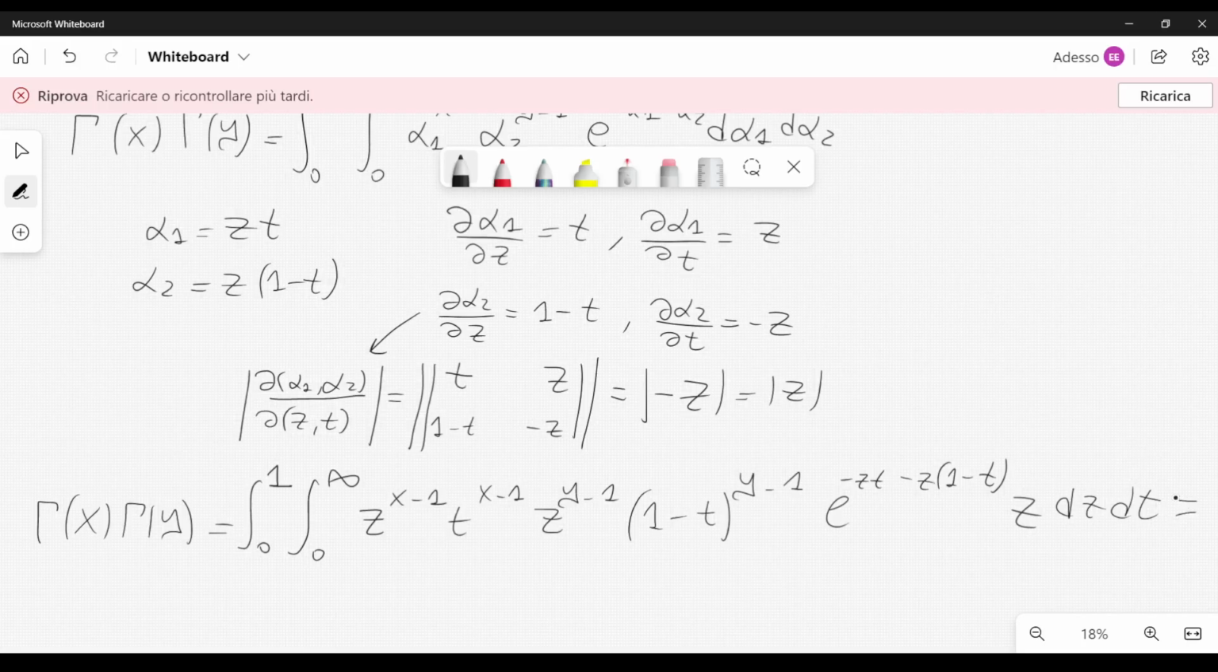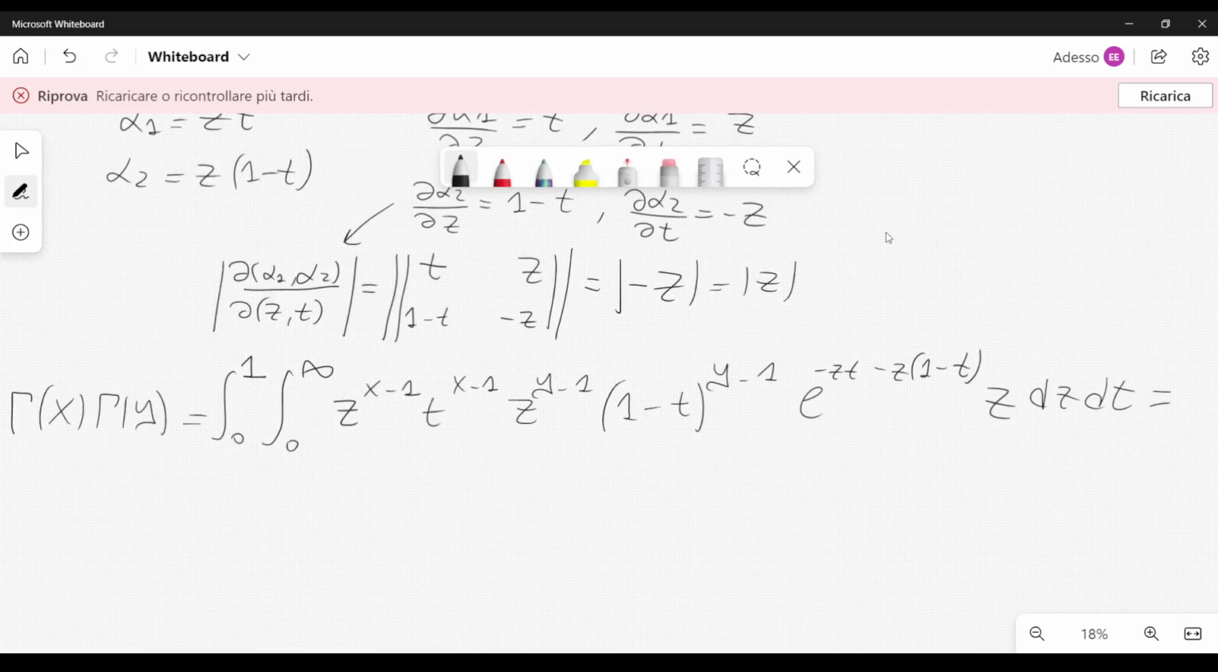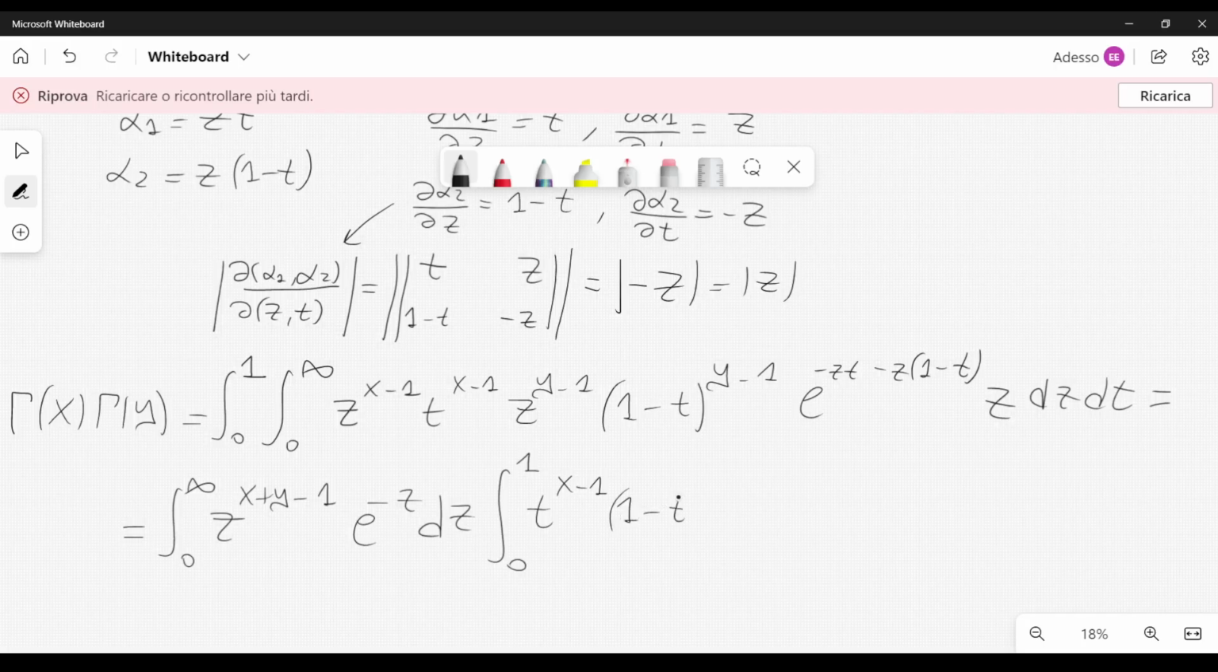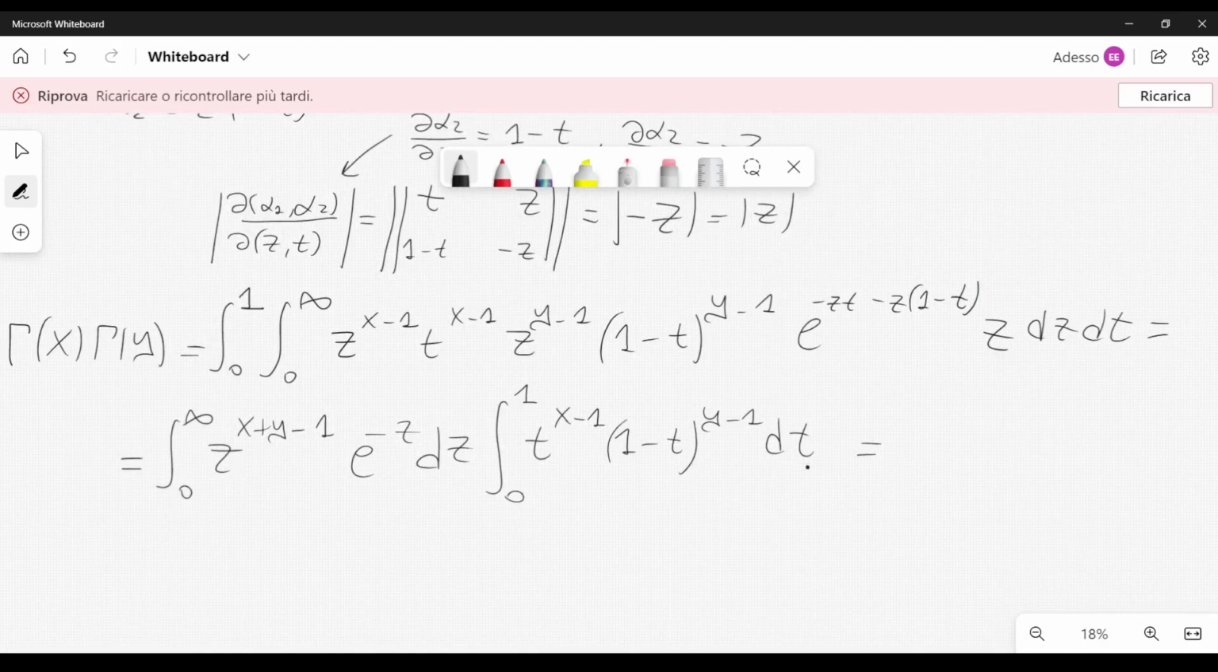But now we can rewrite this in the following manner. We can rewrite it as integral from 0 to infinity z to the x plus y minus 1 e to the minus z dz. Then we have integral from 0 to 1 t to the x minus 1, 1 minus t to the y minus 1 dt. And now you can easily see from their definitions that this is equal to gamma of x plus y